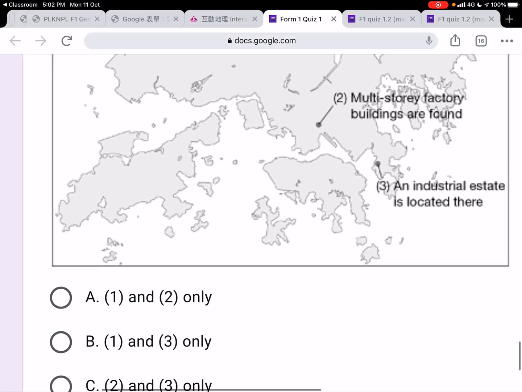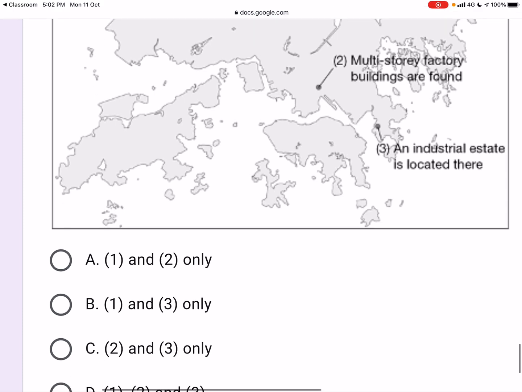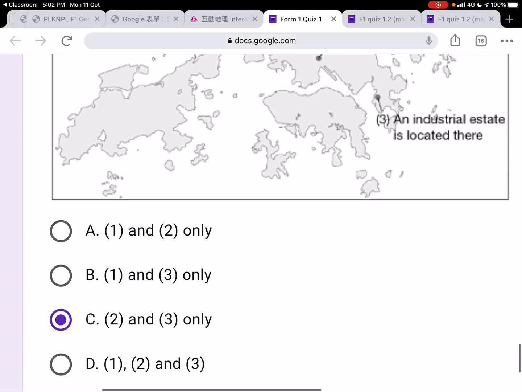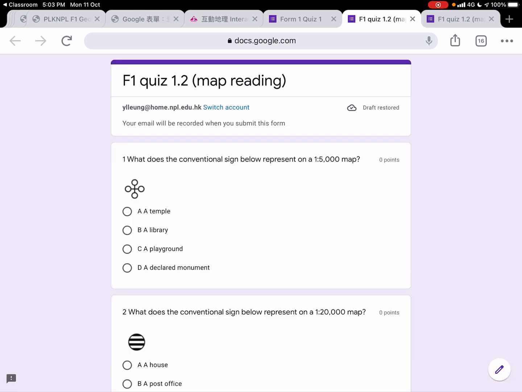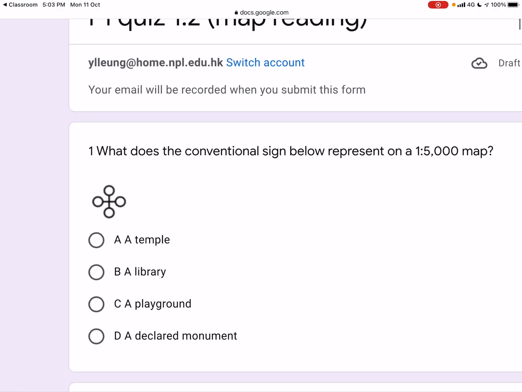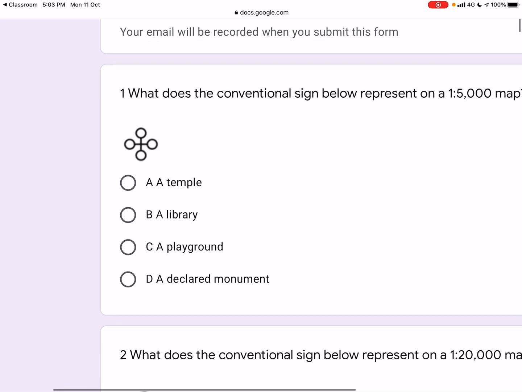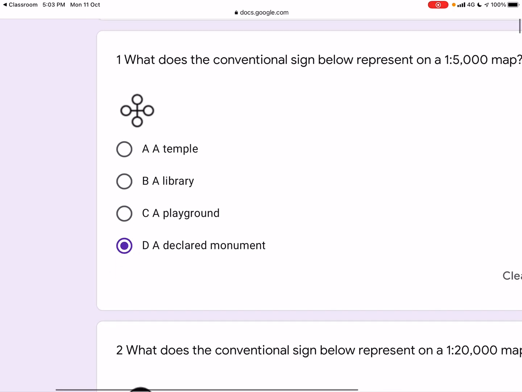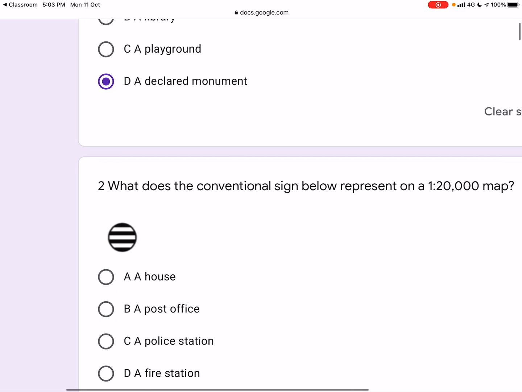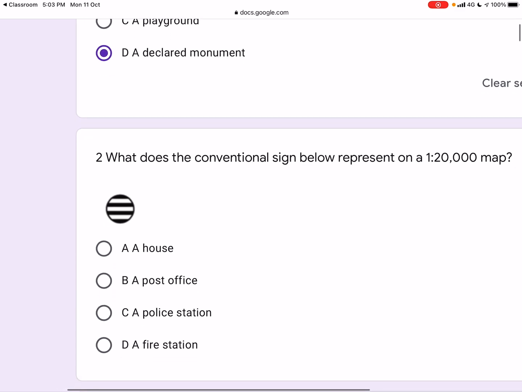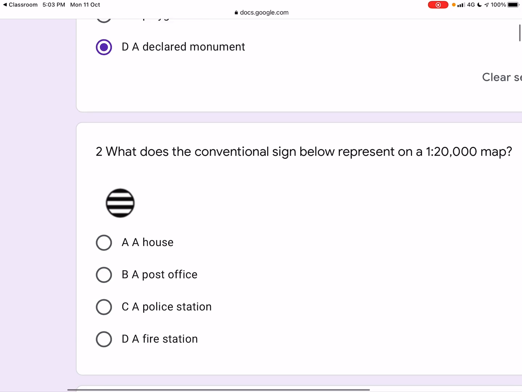And then in the sample, we can find a lot of multi-story factory buildings, so 2 and 3 are correct, okay. And then how about quiz 1.2? This one, as you can find on your page 3 or page 4, is about the conventional signs of the map, okay, and it is the declared monument, okay. And then you can see this one, okay, quite like the uniform of those jail,